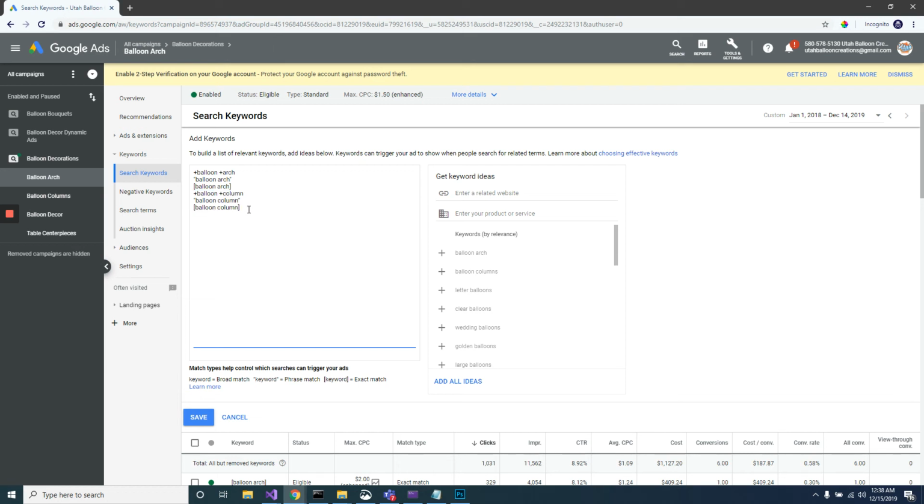Just writing the words in there without those modifiers, you're going to get a lot of people clicking on your website who are really not interested in your service. You're going to spend a lot of money. You still might make money and you still might not be negative, but you're going to be wasting a lot of money that you really don't need to. So once you save those,